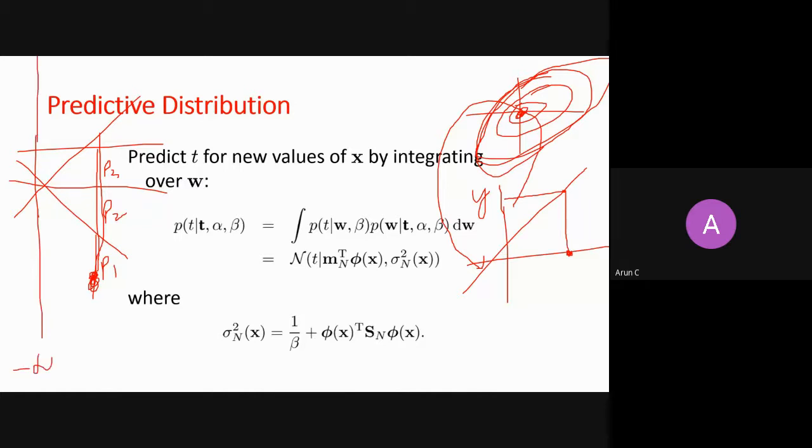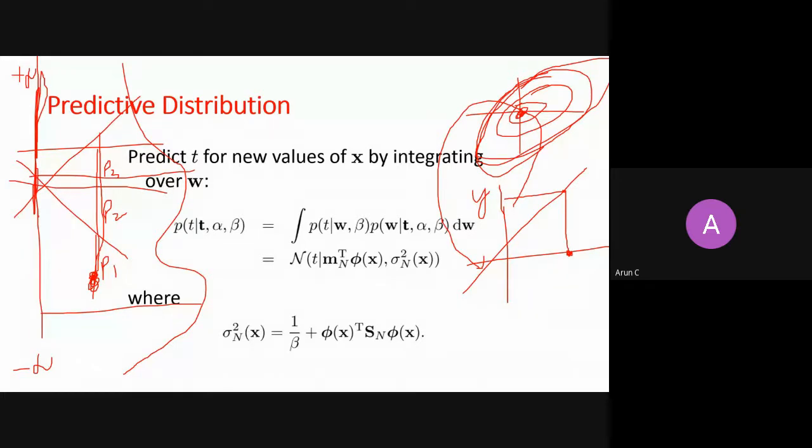So you can calculate the probability for every point, which is nothing but the sum of the probabilities from every line. So you will get a distribution here, and let's say that distribution is somewhere like this. This is the highest for this T1, this is the lowest, this is the second highest, and likewise. So you are actually calculating the probability of every point on the t-axis from your posterior distribution. And how can you do it? You can integrate it, right?